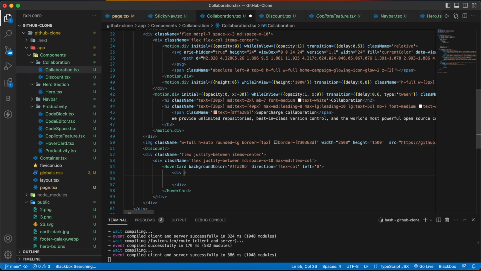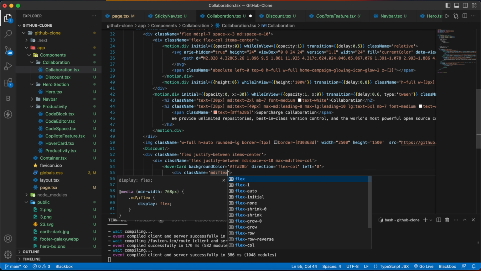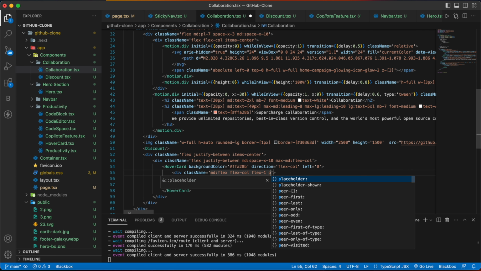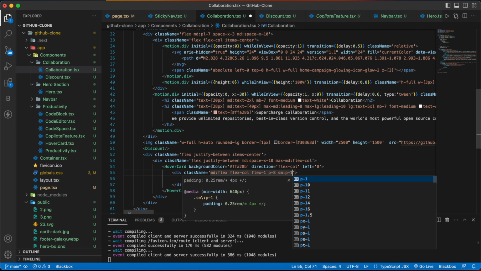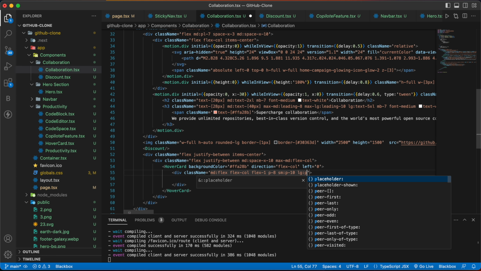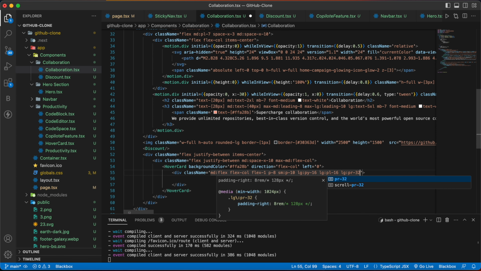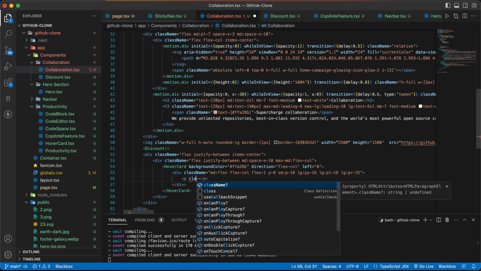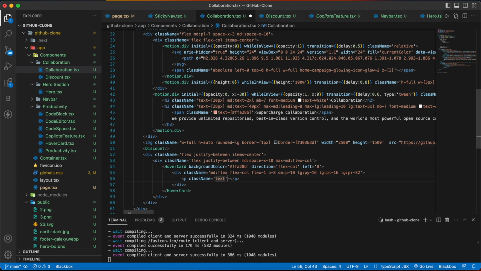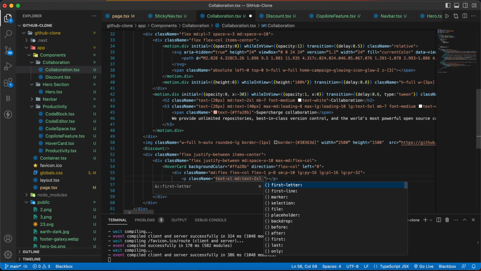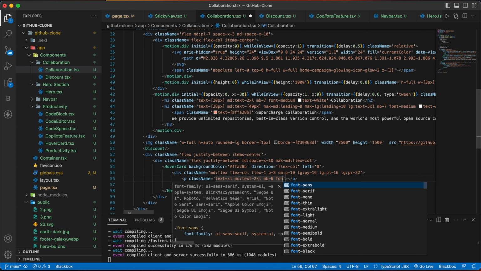We are going to have a div with a class name md flex col flex1 p8 smp10 lgpy16 lgpl16 lgpr32, and inside this div we are going to have a p tag with a class name of text xl, md text 2xl, then mb6 font medium,